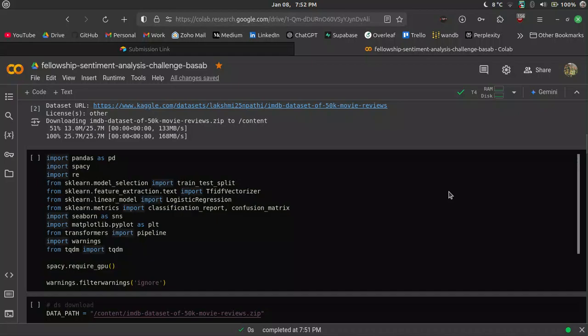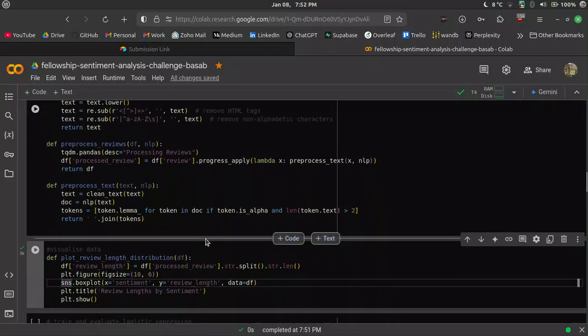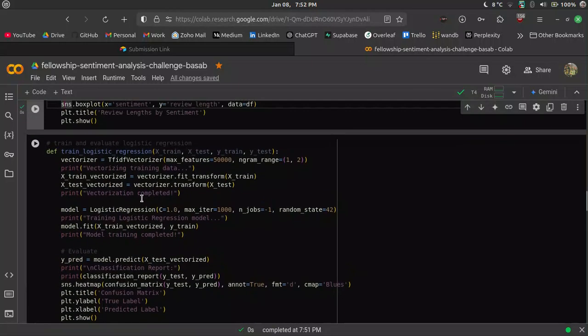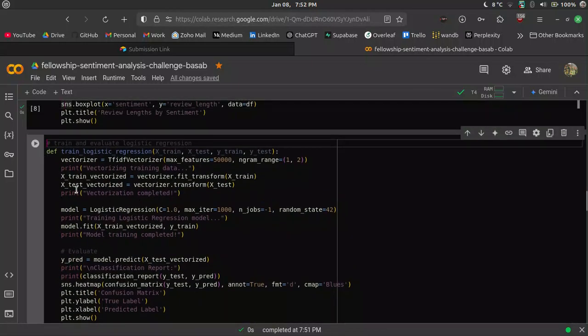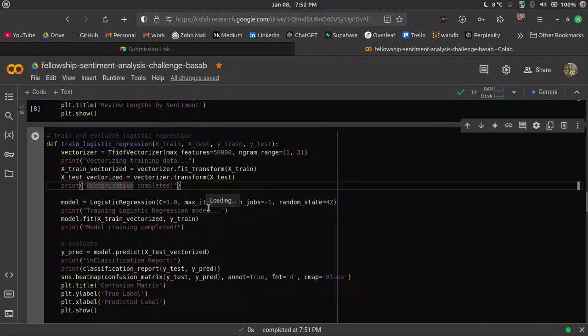Moving on, we have the core machine learning part, I believe, after this. Yeah, we've got the train and evaluate section. So what I've done here is basically train our core regression model using logistic regression, so using scikit and TF-IDF